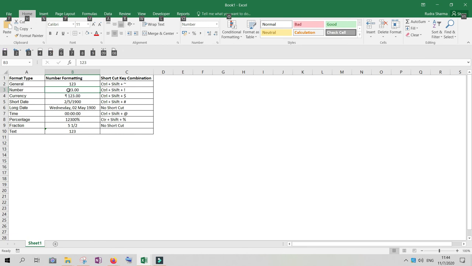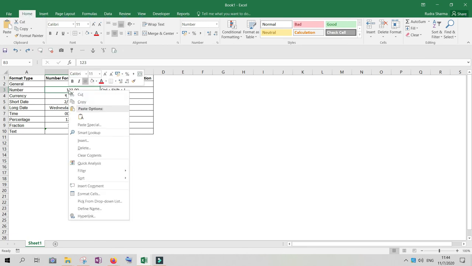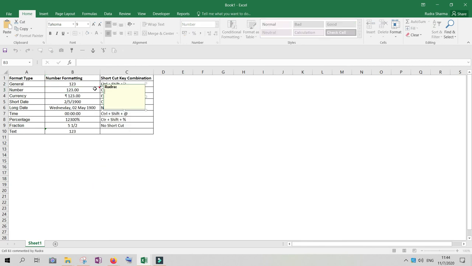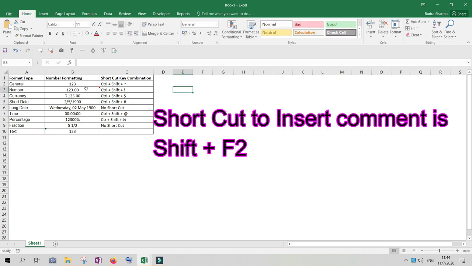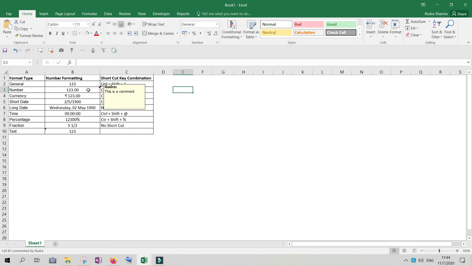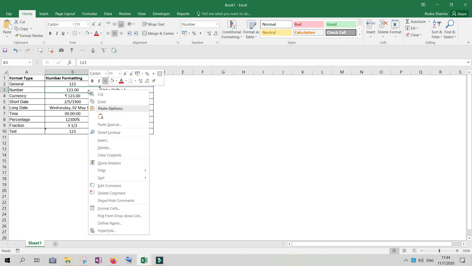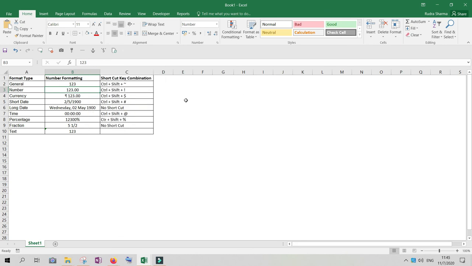Okay, let us see how we can remove a comment. Before that, let us insert a comment. To insert a comment, I have to right click and choose Insert Comment. On the top right you see a red triangle there, and it shows my name here. Now I can say this is a comment. The shortcut to insert a comment is Shift plus F2. If I need to remove this comment now, I can right click and choose Delete Comment, or from this option, so now the comment is gone. This is how, with the help of these options, we can remove the format of the range.